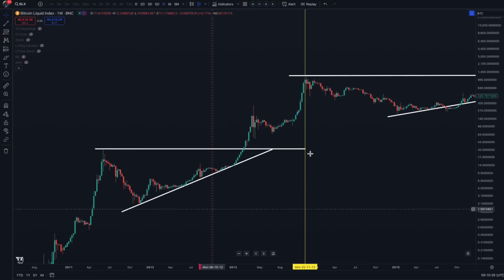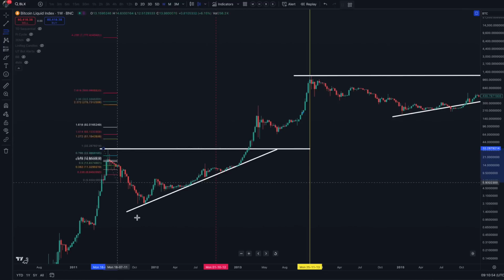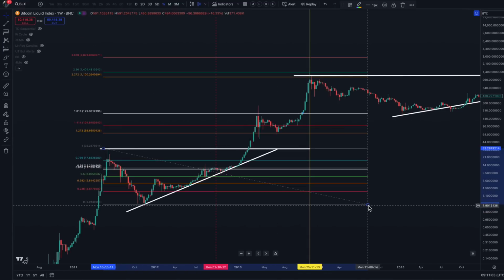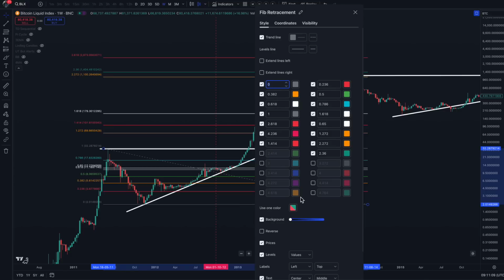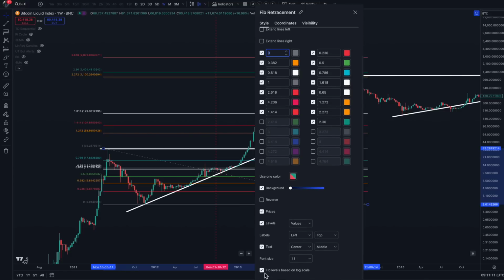So this is the first cycle here, and to do the measurement, I'm going to use the Fibonacci retracement because it's given us a very strong clue as to what may well happen in the current cycle based on what's happened in the previous cycles. So if we have a look at the Fibonacci retracement from the top here to the bottom of the bear market, I'm going to give you the settings. The style of the settings are these, and at the bottom, please remember to tick the Fibonacci levels based on